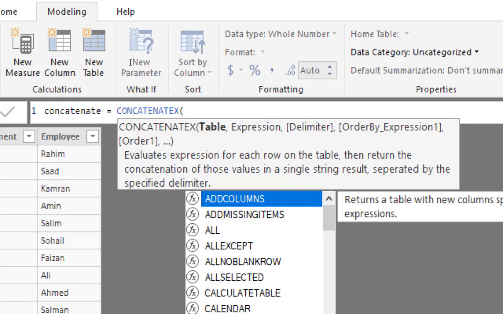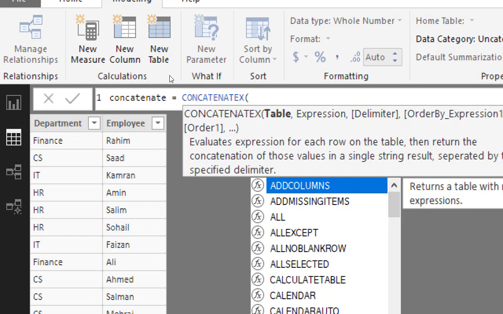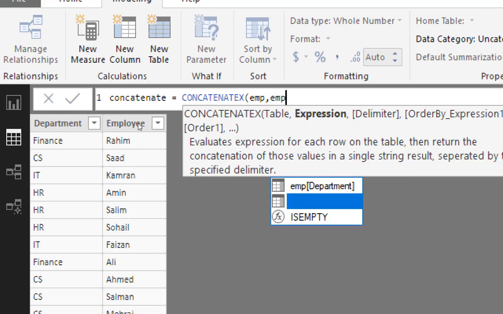Okay, so let's start. First, in this argument we have the table. We need to define the table name. In this case we have a table name which is EMP, comma, then the expression, on which column we need to make it concatenate. In our case we have the employee column which is available in the EMP table.